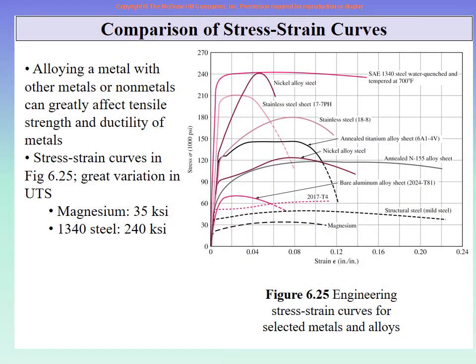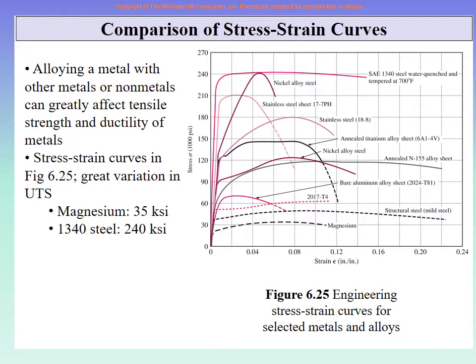With that, we come to the end of the tensile test properties. You see, from the tensile test, you get the stress strain diagram. And what are the properties? You find the slope of the line, which is the Young's modulus or the elastic modulus. You find the yield strength, which is the end of the elastic region and the beginning of the plastic region. You find the ultimate tensile strength, which is the maximum stress in the graph. And you find the ductility.